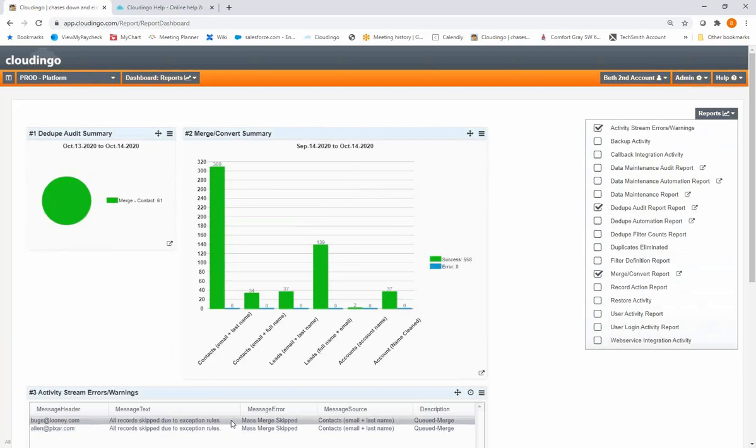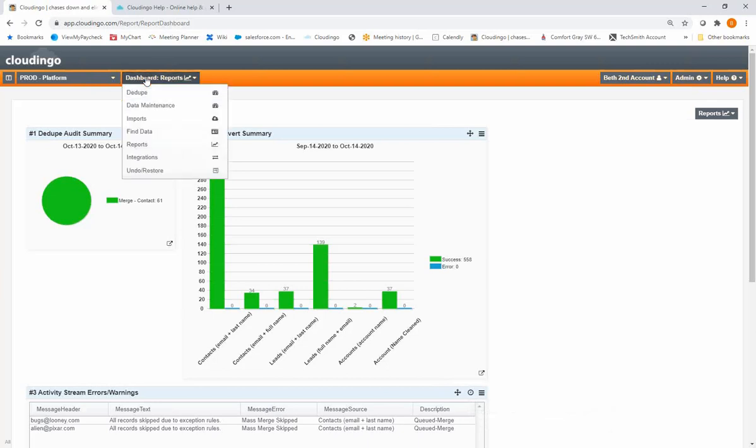So should you have an exception where groups are skipped based on one of your exception rules, or should there be a problem with a merge, you'll have an easy way to identify what the group is, what filter it was in, and why the group was skipped or failed. These reports can be pre-configured so that they're scheduled to go out on an automated basis to anyone you would like. And as you can see, we have a wide range of tools to help you with your data quality,